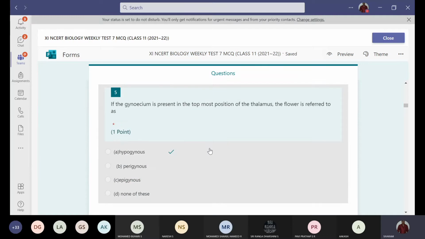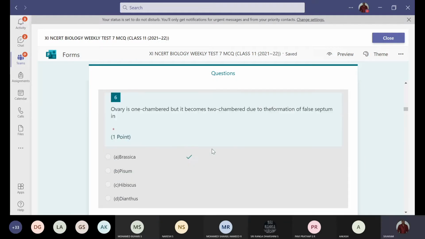And next, fifth question. If the gynoecium is present in the top most position of the thalamus, the flower is referred to as hypogynous, because as the ovary is present at the top and the remaining floral parts are arising below the ovary, we are calling it as a hypogynous flower. Okay. And next, ovary is one chambered but becomes a two chambered due to the formation of a false